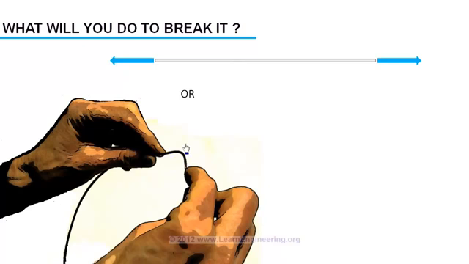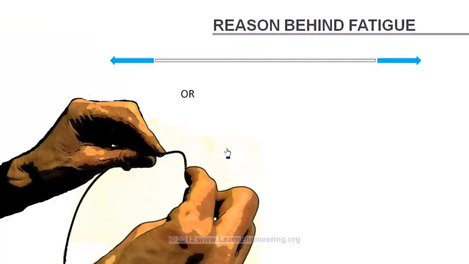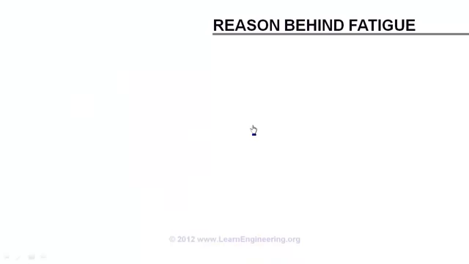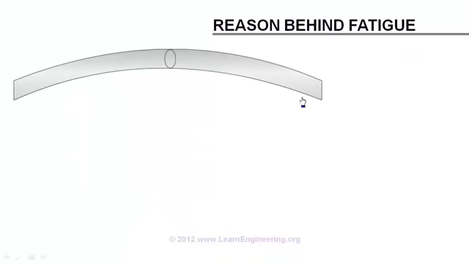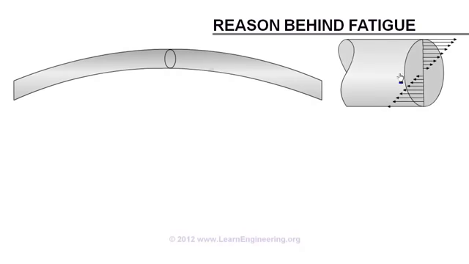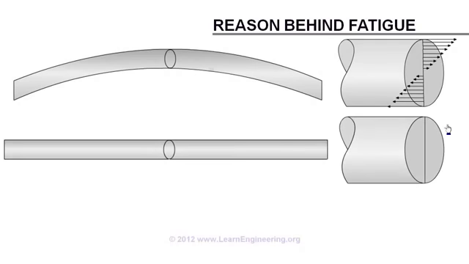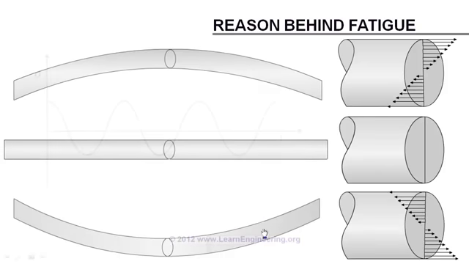So how does a material fail due to fatigue? To get an answer to this question, let us have a close look at the stress variation in the wire cross-section. When you bend it downwards, bending stress is induced in the wire. It will be tension at the top area, and compression at the bottom area. When the wire is at equilibrium, there will not be any stress on the wire cross-section. When the wire is bending upwards, there will be compression at the top and tension at the bottom.